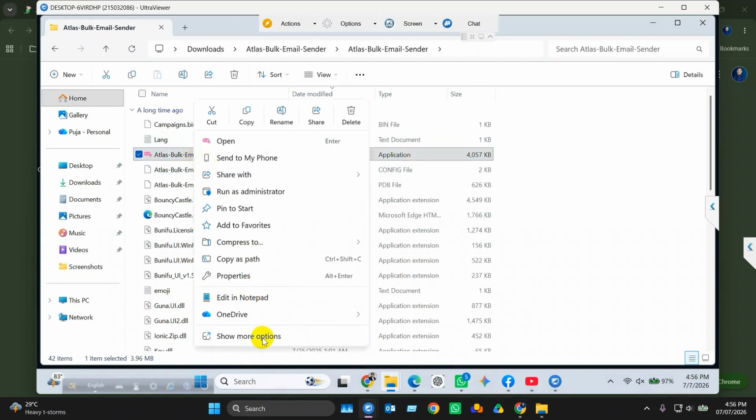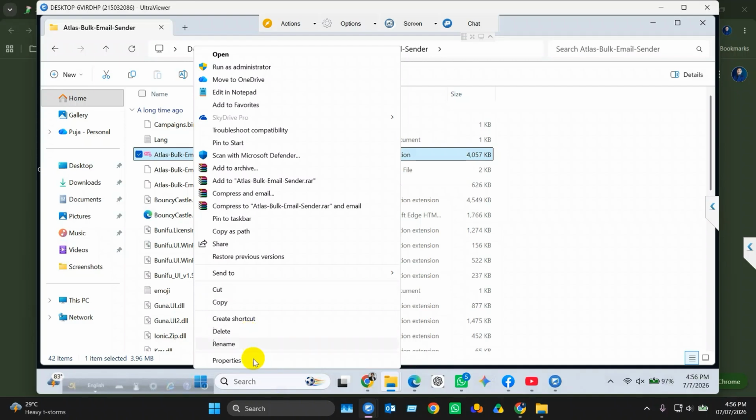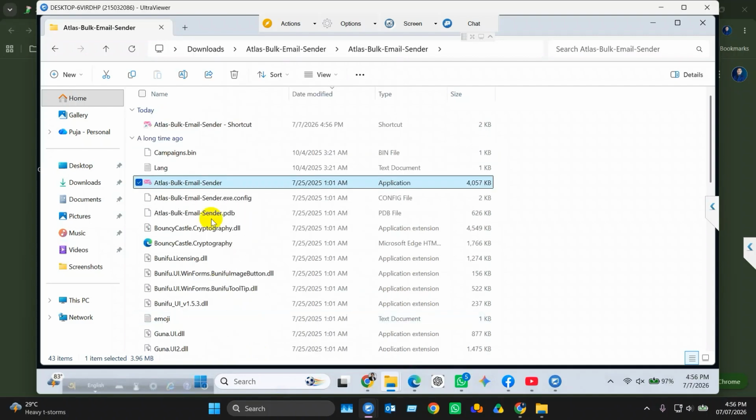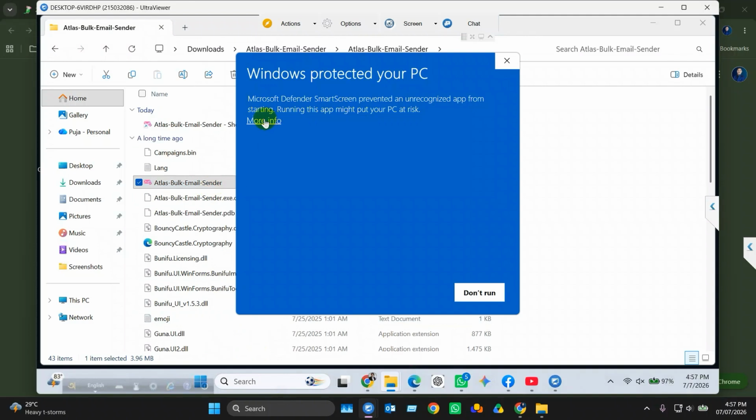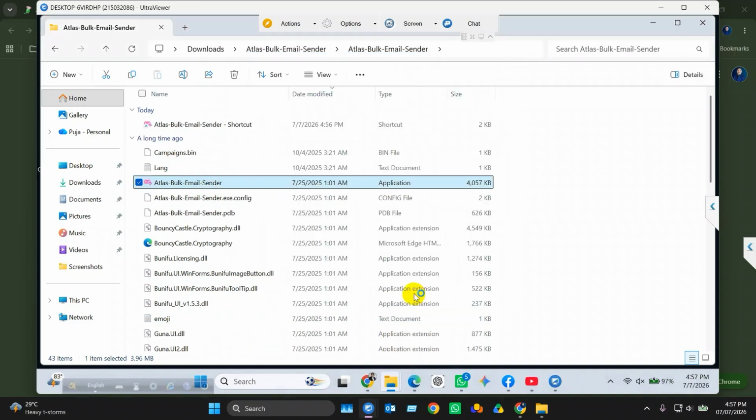So how can I create the shortcut? From the option, install shortcut. Okay, after the shortcut, right click, select more info, and run anyway. Click, and then